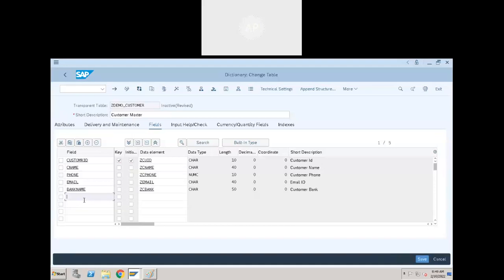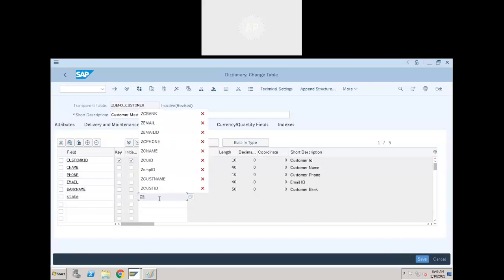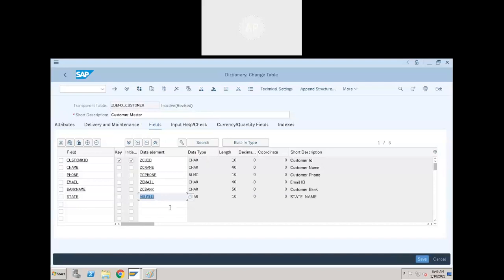I'm creating one more field, that is state. I'm following the bottom up approach here. Someone has already created state name, that's why it is automatically populated. Okay, I'll take a different name,